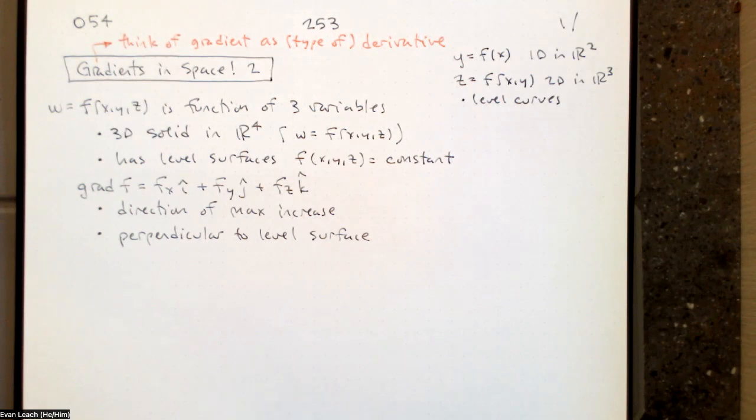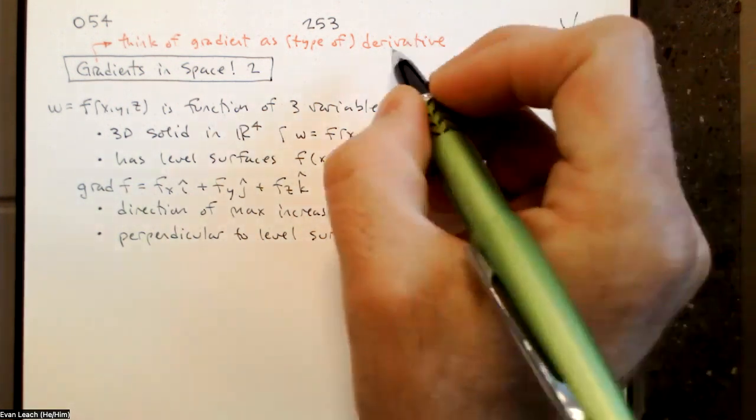We want to think of the gradient as a type of derivative. We're trying to generalize our concept of what's the derivative. It's this vector combination of partial derivatives of a function of multiple variables. It's got derivatives in it. We're thinking of it, it's going to occupy the space of the derivative. This raises the question, what do we do with derivatives? So since this is a derivative,